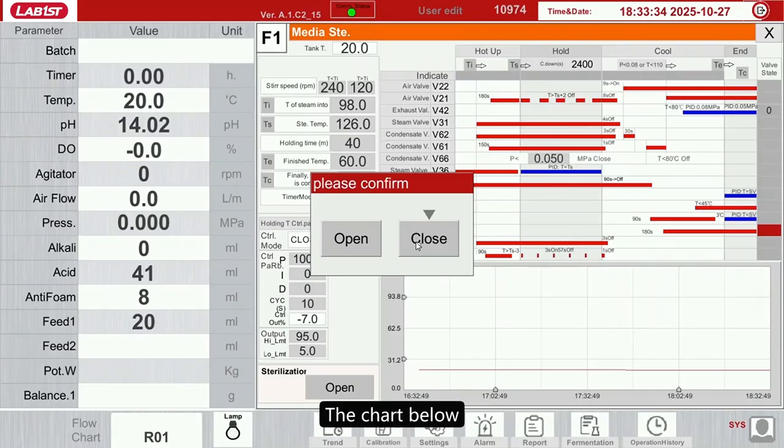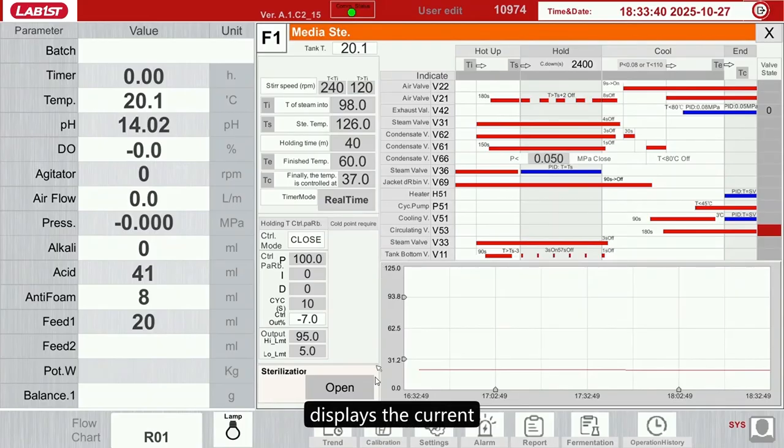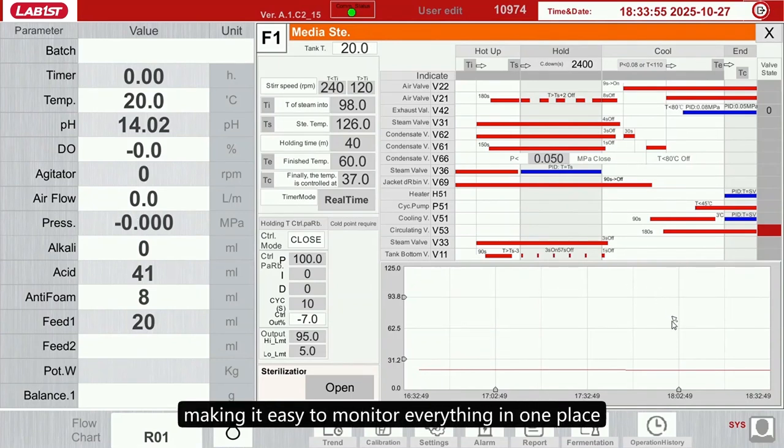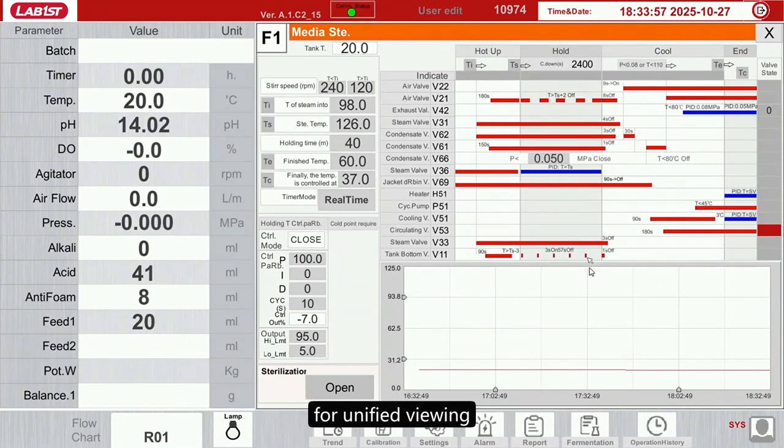The chart below displays the current sterilization temperature curve. When I actually perform SIP, there will be heating, holding, and cooling curves shown here, making it easy to monitor everything in one place. For unified viewing,